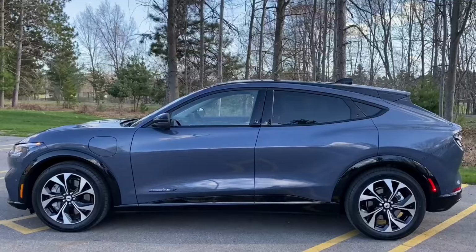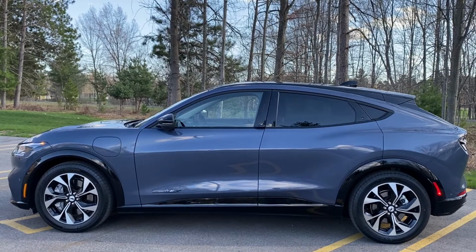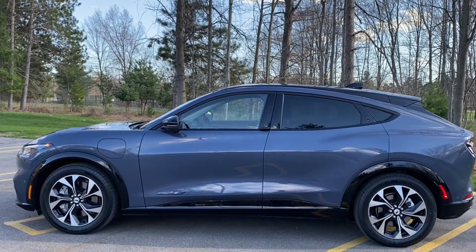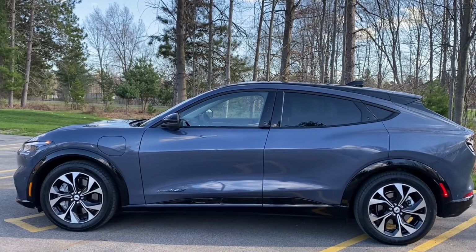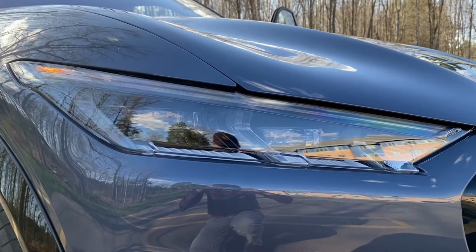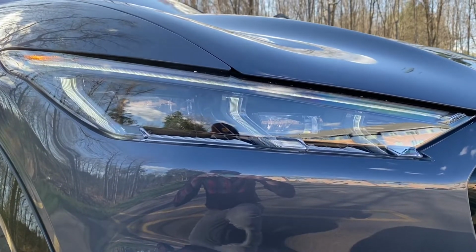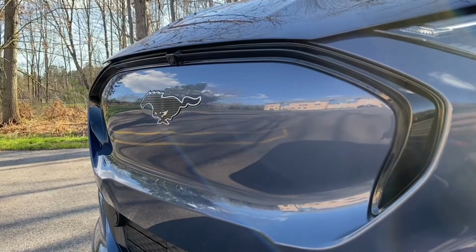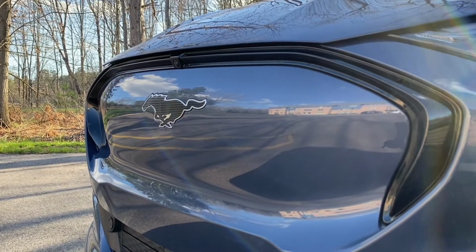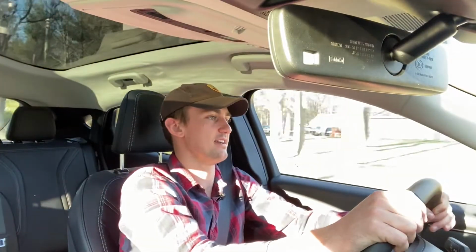But it's so fun. This is fun to drive, which I will say is different than the Tesla. Tesla has great parameters. It can do a lot. But this actually feels nice. You hit the bumps. It's well insulated and comfortable, but it shudders a little bit and feels a little performance-y, especially in this performance mode here. It's a really cool car. I know there's a lot of people out there, including myself, that were quite rattled by the idea that Ford was going to sell you something called the Mustang, and it's going to be an electric SUV. And now I see it in person, and now I'm currently driving it, and it drives